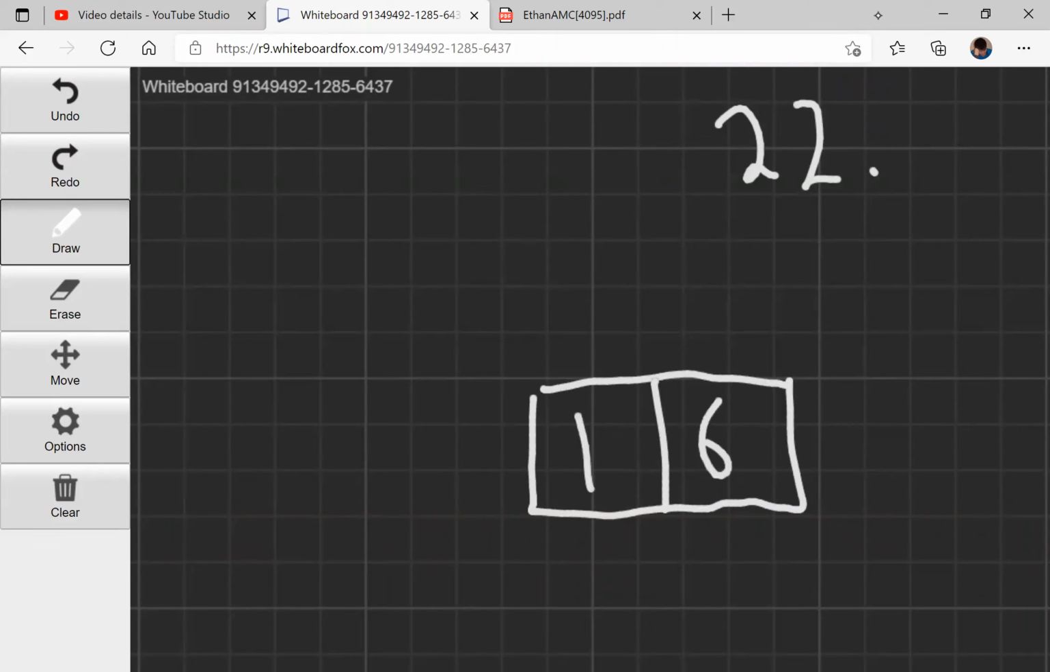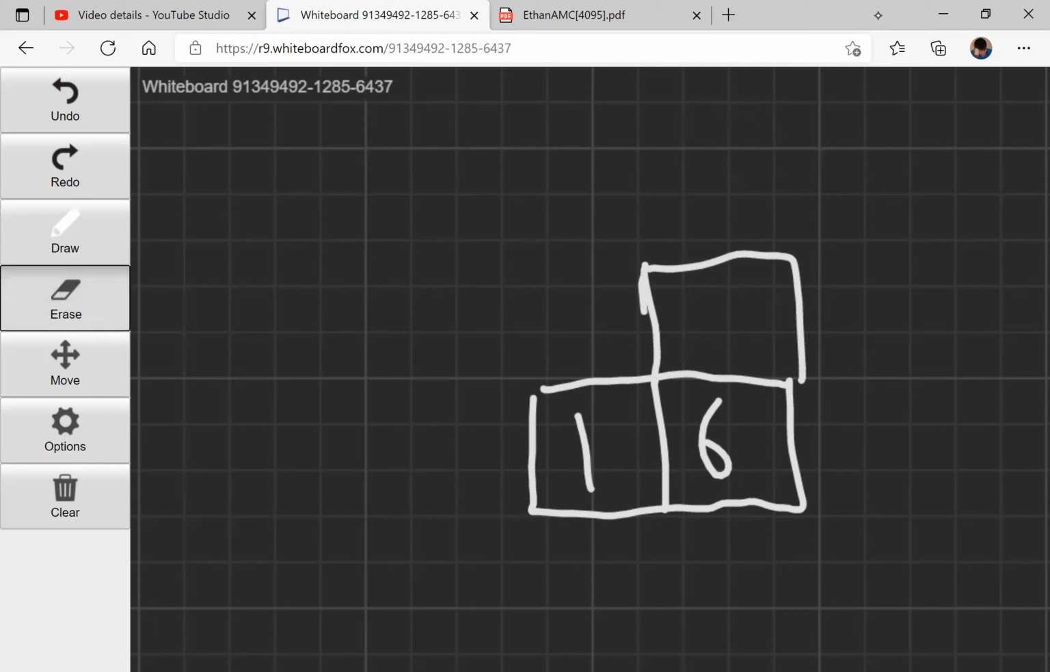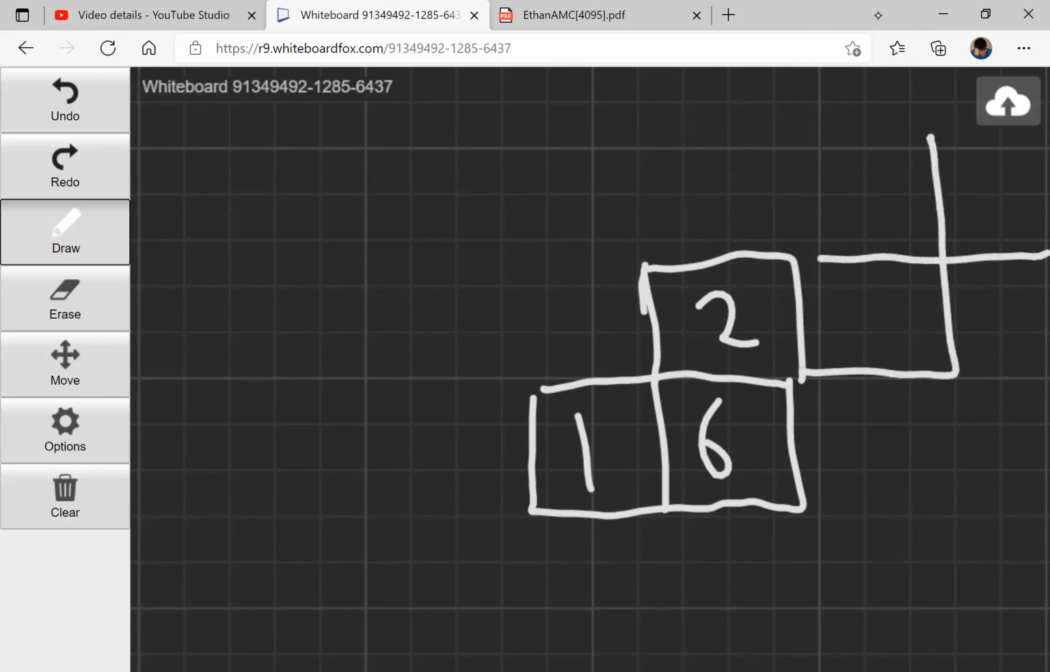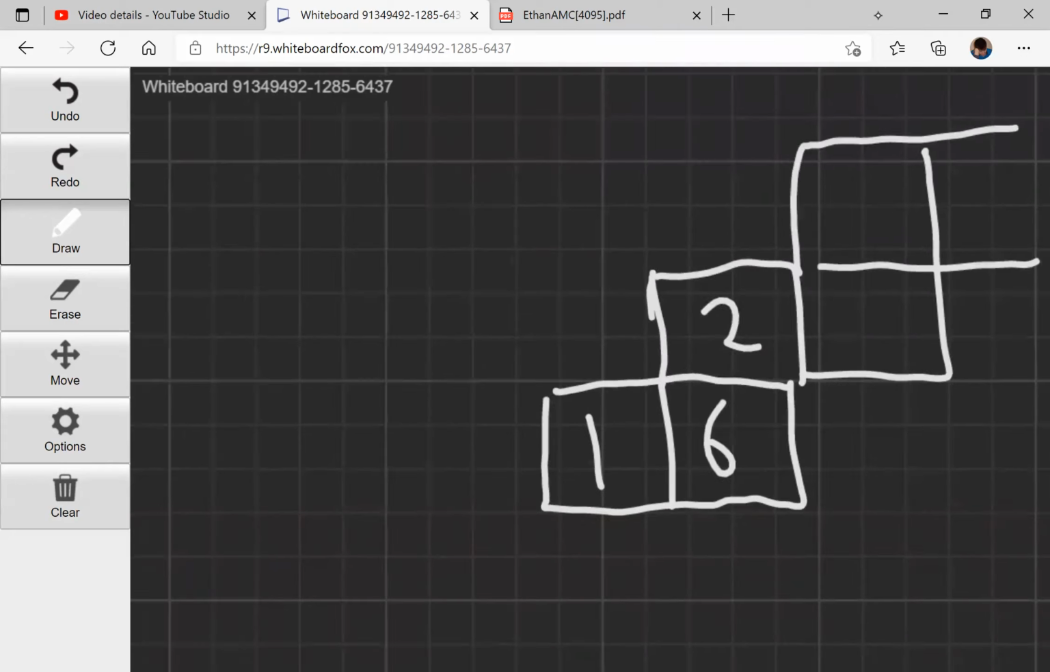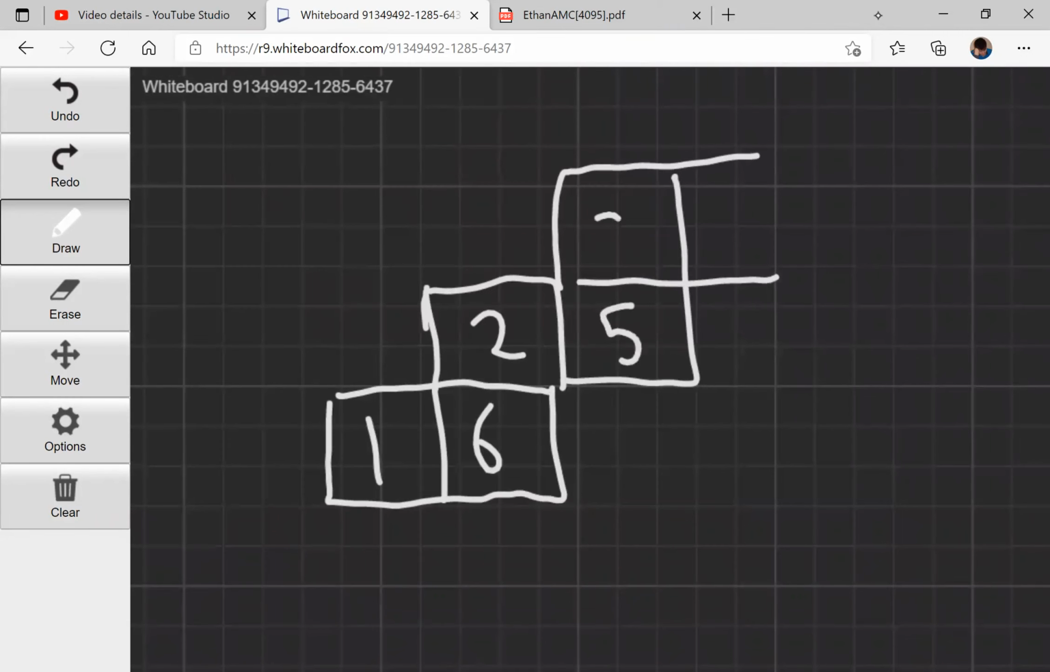1, 6, 2, 5, 3, 4, 2. Okay. 5, 3, 4. Okay. That makes sense? Yeah. Do you know what a net of a cube is? A net of a cube is